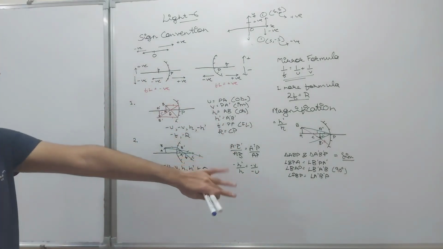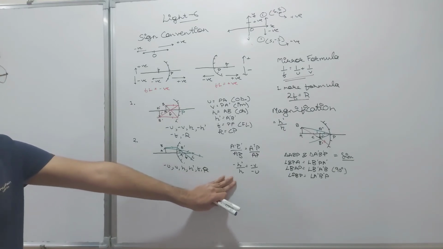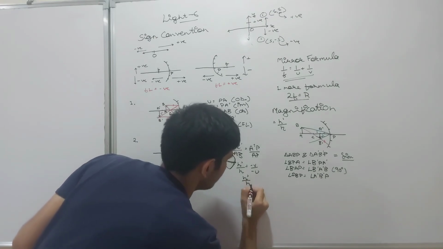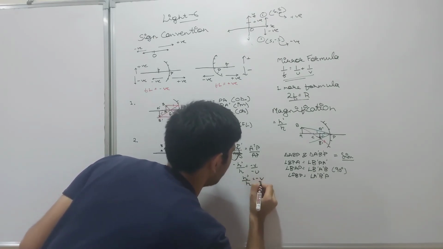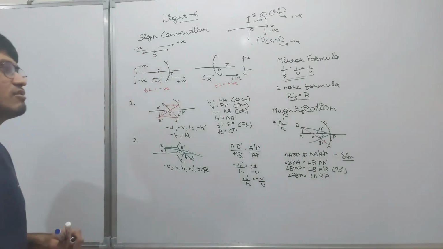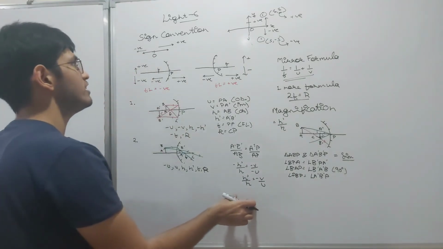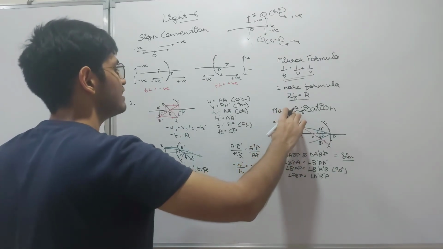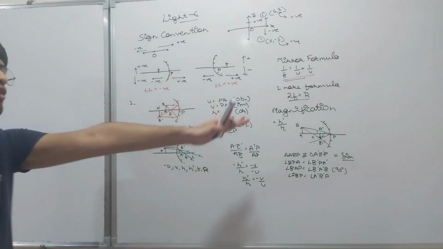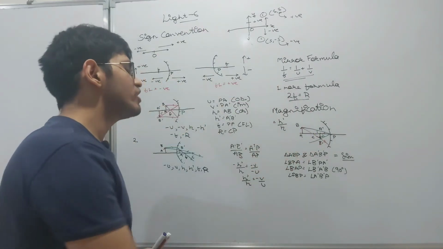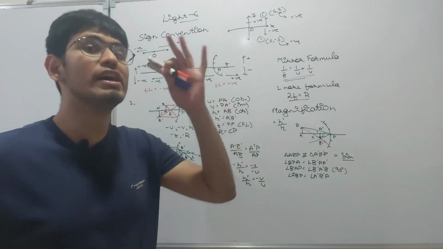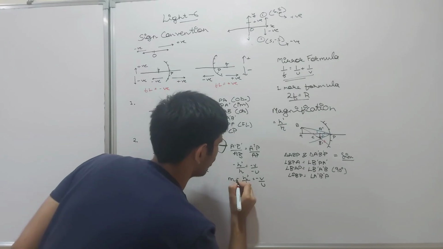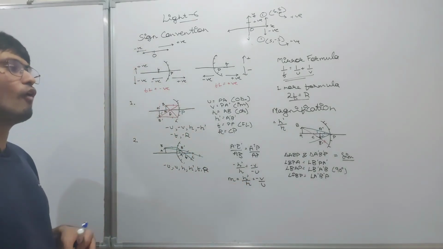Now when you simplify it, you will get H dash by H equals minus V by U. But what is this H dash by H? I told you that H dash by H is the magnification. This means you can also get the magnification in terms of distances between the object and the pole, or the image and the pole. So this is the magnification. We got the formula.